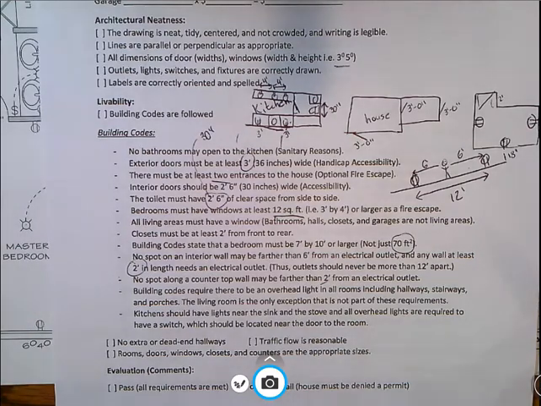Now you can get them protected with a GFCI circuit, and that is designed to trip the outlet a little bit more quickly, so that if you get water in it and you have potential electrocution hazards, it will stop within, I think, 0.005 milliseconds or something like that. It's a really short amount of time. Whereas if you didn't have a GFCI protected outlet, it would probably be, I want to say, like 100 to 200 times longer, which if you're getting electrocuted is a fair amount of time,